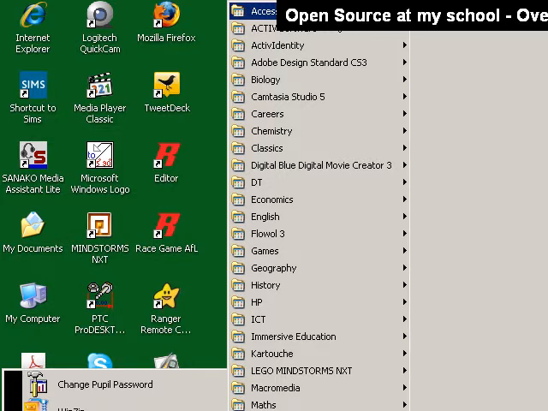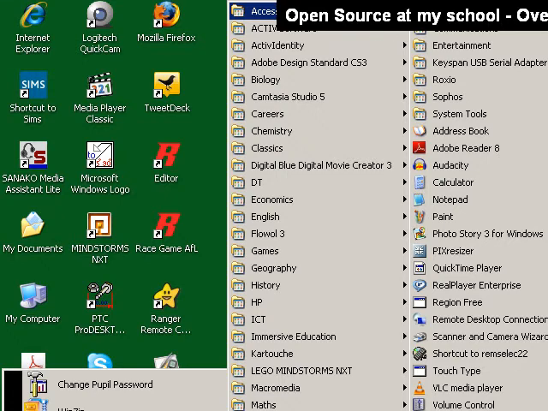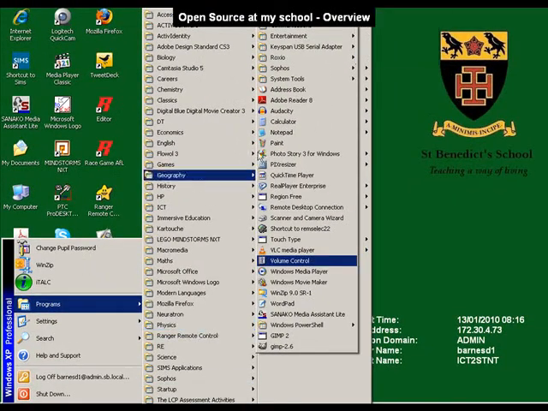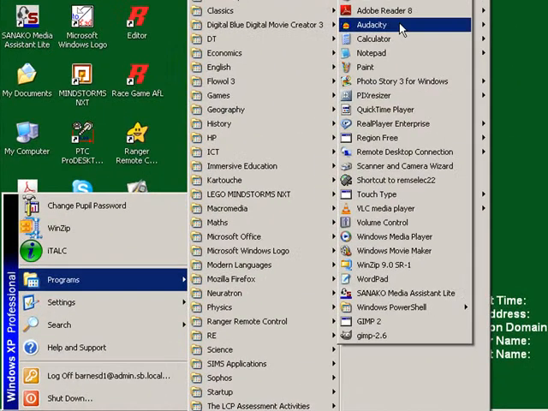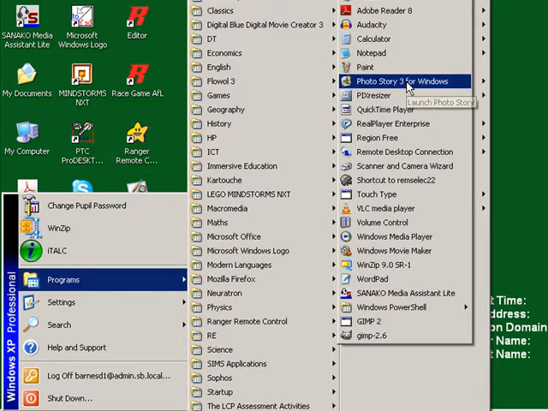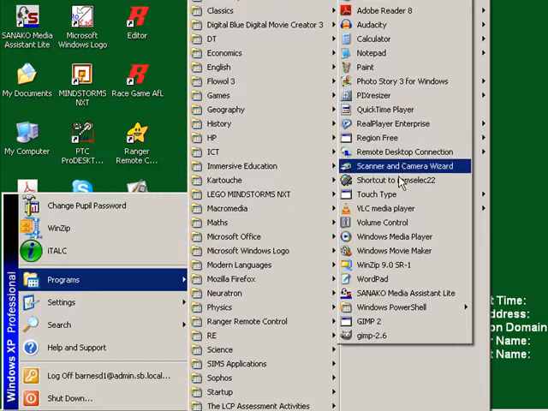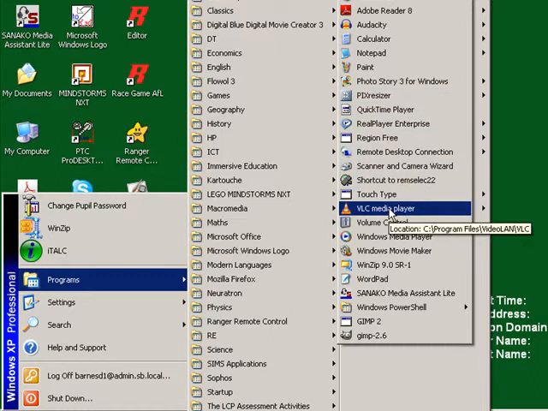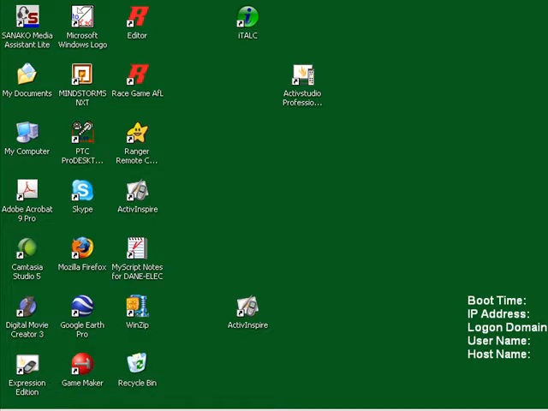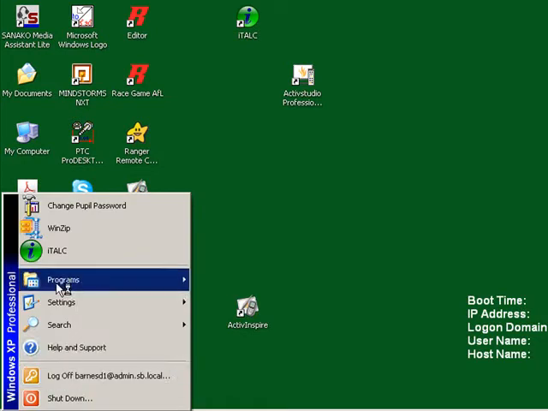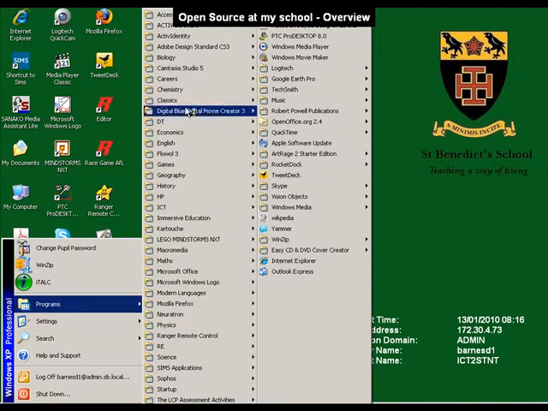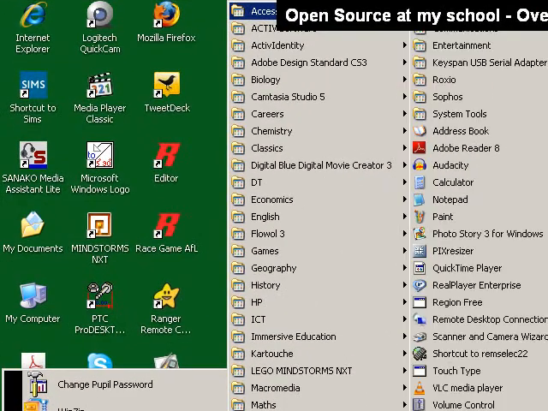Here it is. So firstly we use an audio recorder called Audacity. That's absolutely free. Photo Stories for Windows is free as well, but part of the Microsoft domain. PixResizer, a lovely image handling piece of software that's free, I think, again from Microsoft. The VLC media player. This is a lovely little media player. It's sort of basic. I'll just run it so you can see it. It's very basic, but it plays any file, so if you don't use it, I'll just show you it again in a second. Just going through here,